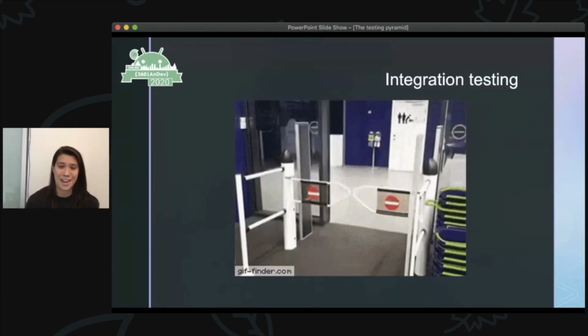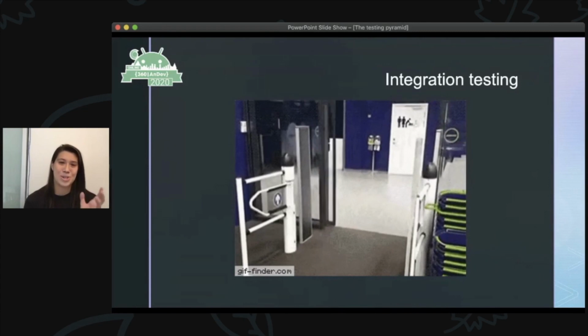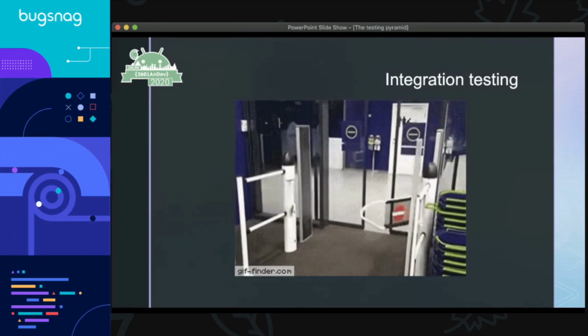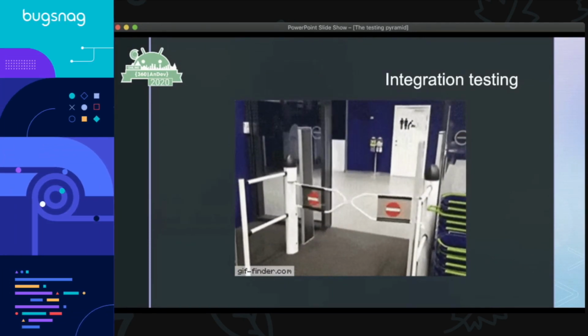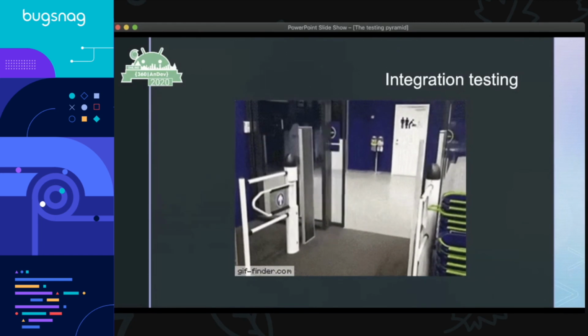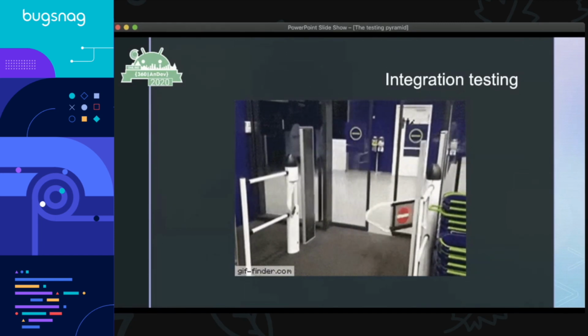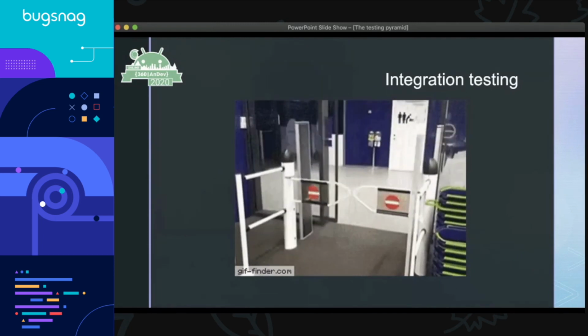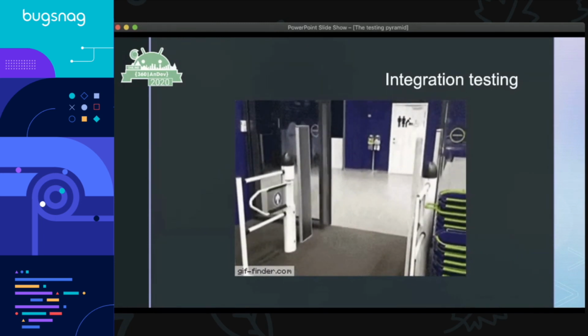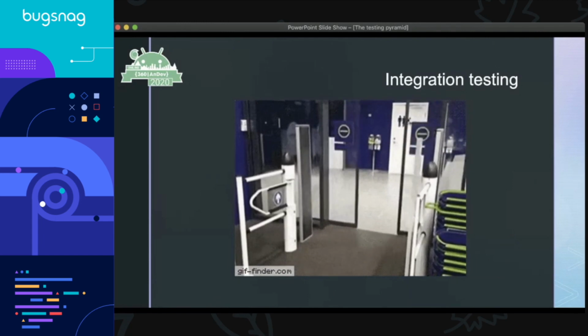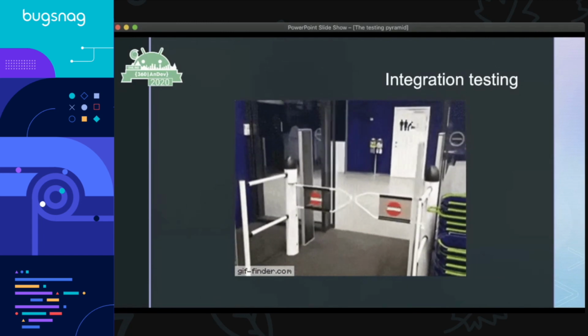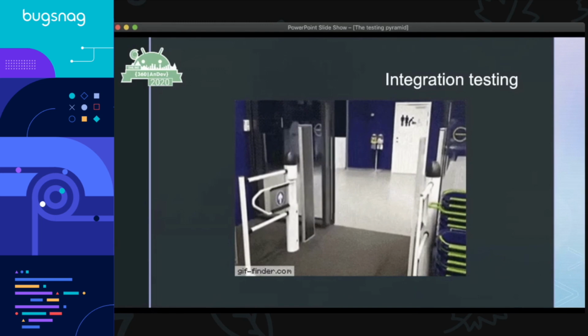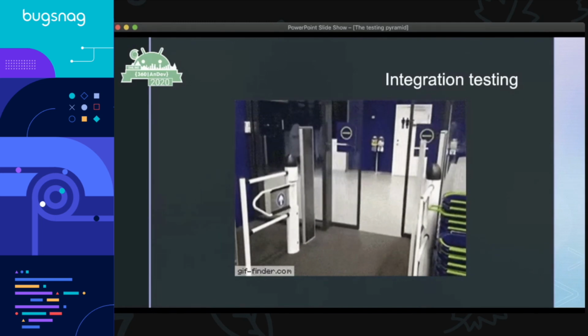Integration testing, I can only really describe with this GIF. And if you Google search like integration testing GIF, you do get some wonderful outcomes here. But basically, the reasoning is that just because two things work well in isolation, it doesn't mean that they work well together. So integration testing is testing two units, maybe three, maybe more, all of these modules together to make sure that they all behave with each other.